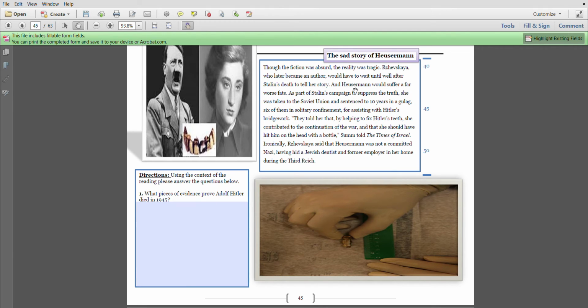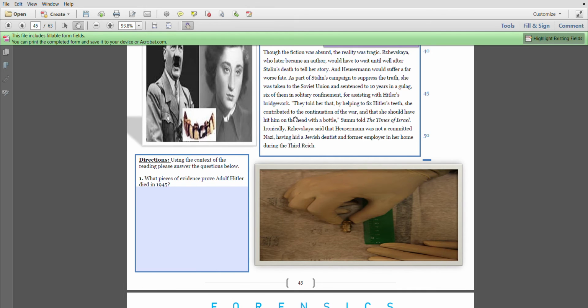Though the fiction was absurd, the reality was tragic. Rzhevskaya, who later became an author, would have to wait until well after Stalin's death to tell her story. And Heusermann would suffer a far worse fate. As part of Stalin's campaign to suppress the truth, she was taken to the Soviet Union and sentenced to 10 years in a gulag, 6 of them in solitary confinement, for assisting with Hitler's bridge work. "They told her that, by helping to fix Hitler's teeth, she contributed to the continuation of the war, and that she should have hit him on the head with a bottle,"